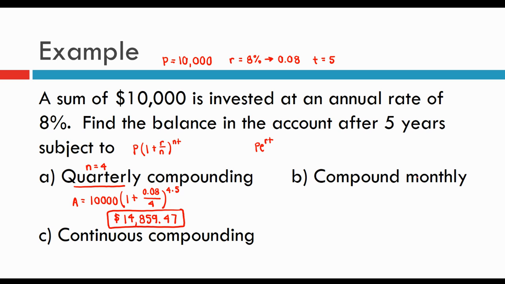In part B, we're talking about compounding monthly. So once again, we do have a value for n this time as well. n is 12. So once again, everything is the same except we're just swapping out 12 for 4 from that very first problem. So we still want the 10,000 because that's what we started with. We still want to have the 8%, so 0.08, but now I want to divide that by 12. And then I want to multiply the exponent 12 times 5. Okay, once again, it's money. We're rounding to the nearest cent. So that would give us